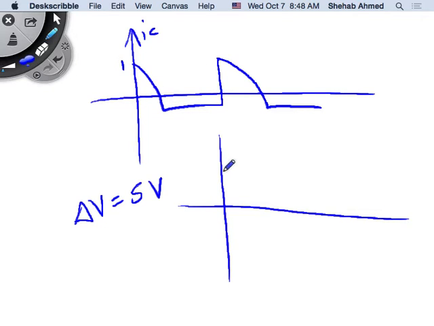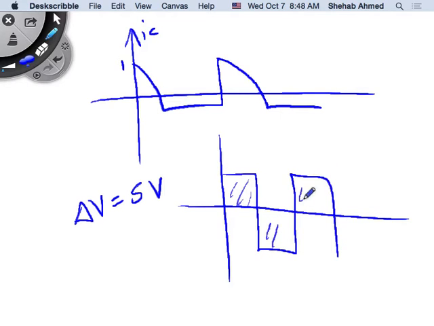Let's say I give you a square wave. These areas are equal, right? And this is IC. So if this is your IC, and this is, for example, 1 amp here, and this is 1 second, 2 seconds, 3 seconds, and I want delta V to be